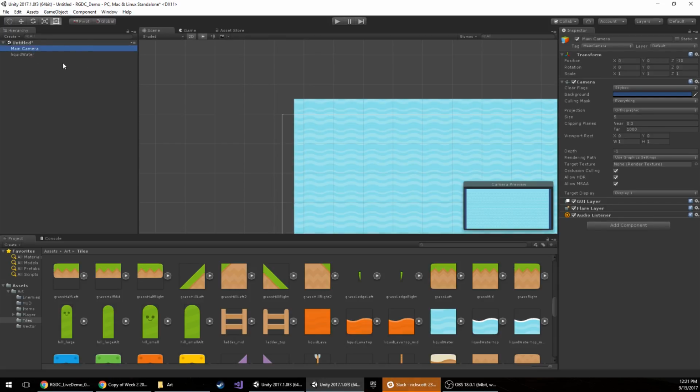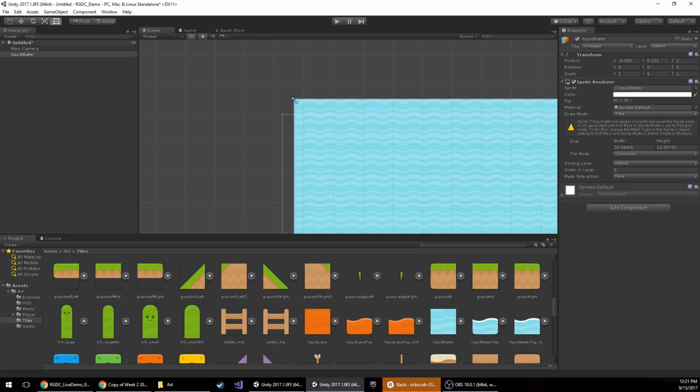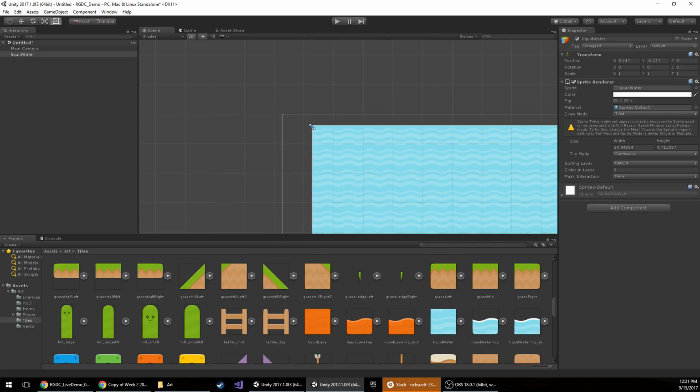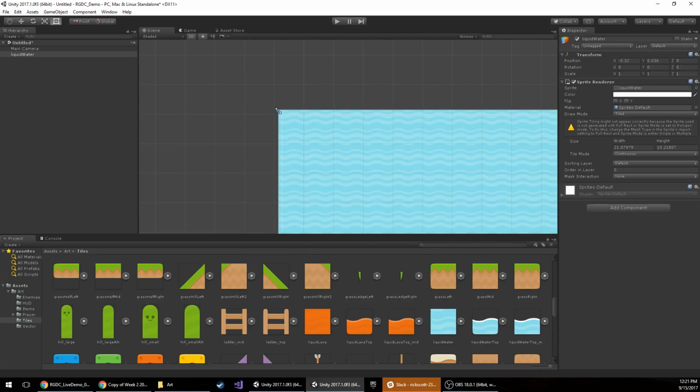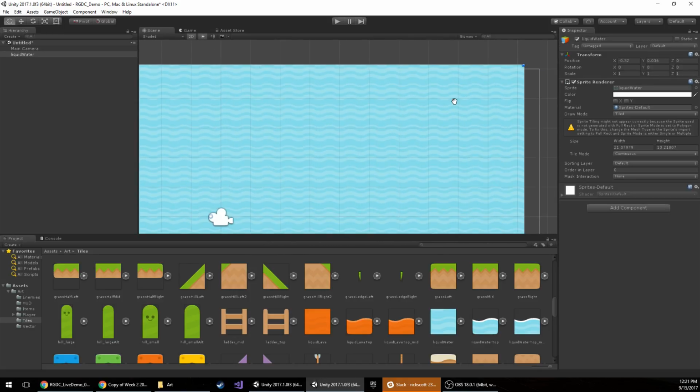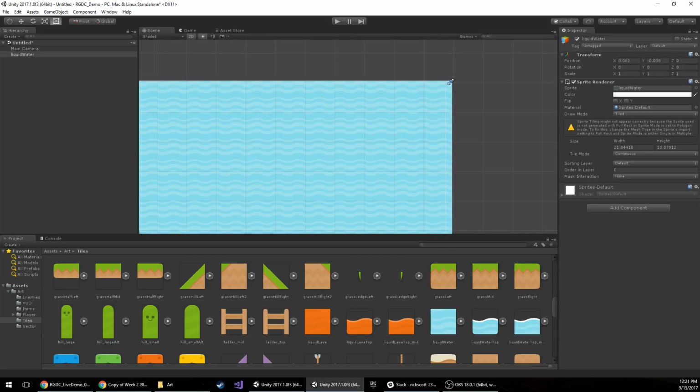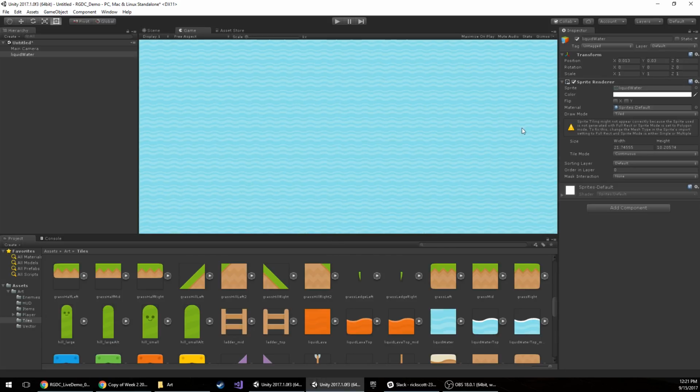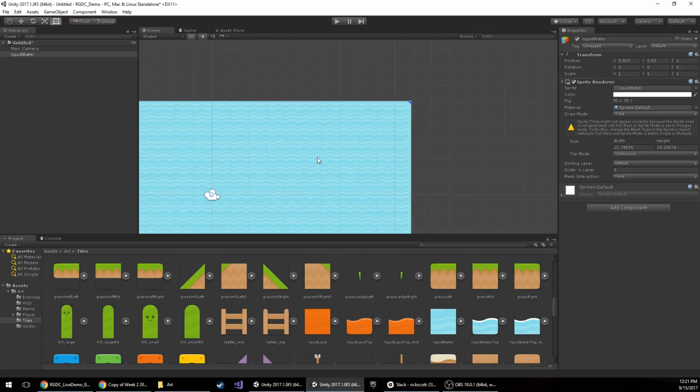You can think of this hierarchy as just like a regular file structure. So any object in your game will be in the hierarchy if it's active. What I'm going to do is just drag this sprite and make sure that it fills the bounds of the camera so that we don't get those blue bars that we were just getting here. Alright,